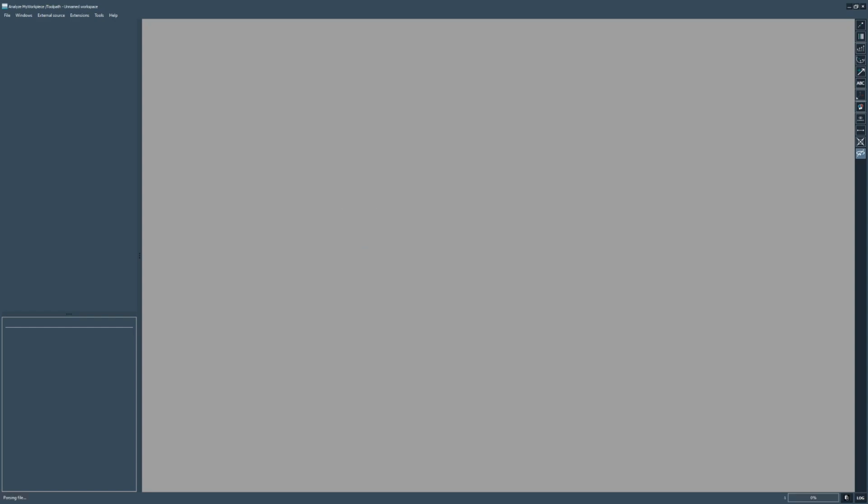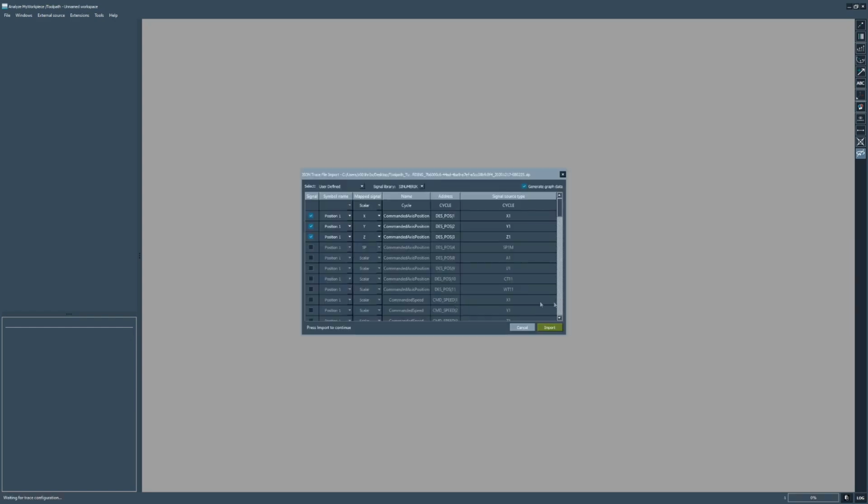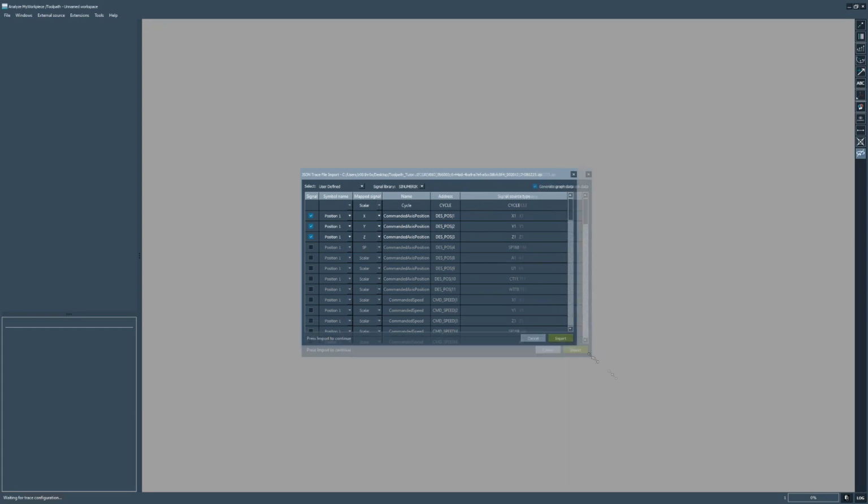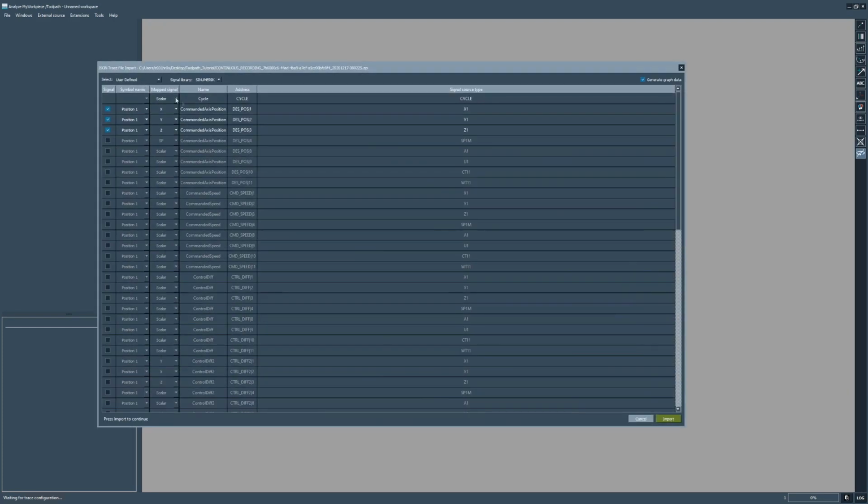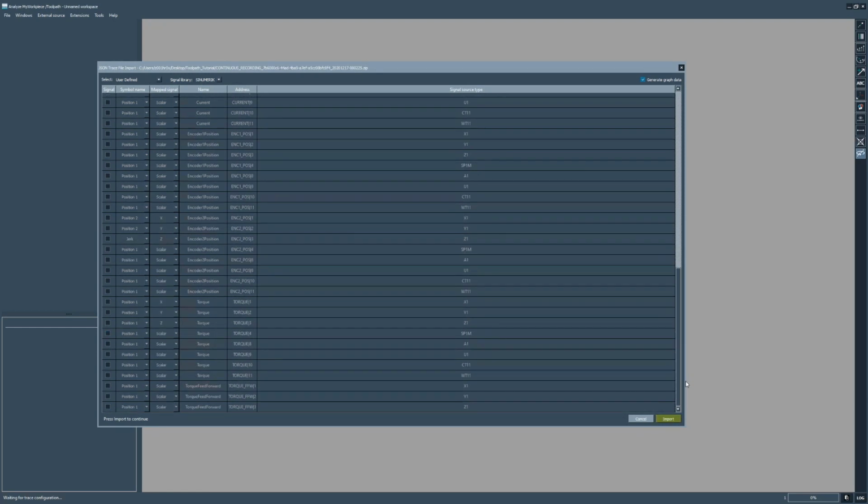Let's import another file again. So this is again coming from Capture. We start with position here. We just get rid of position 2 for now. I'm not interested in it. But what I now would like to see is the torque. So if I'm interested in the torque, let's say of the 3 motors of XYZ, X1, Y1, C1, I can select the torque field here,